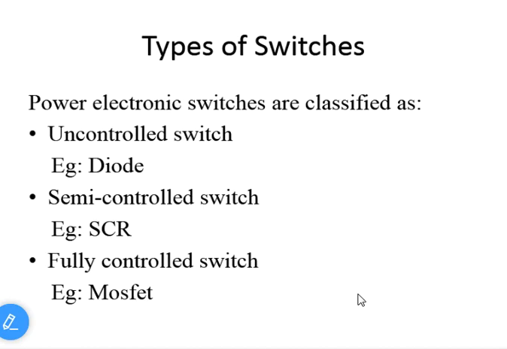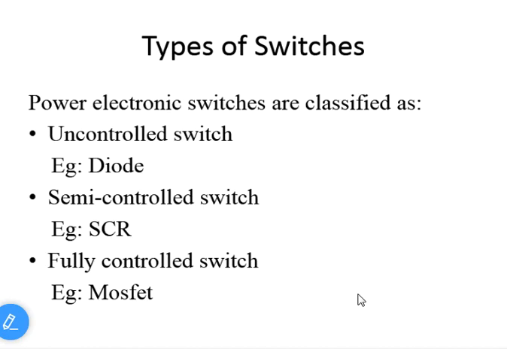If I give a forward voltage, meaning the anode is connected to the positive terminal of the battery and the cathode is connected to the negative terminal of the battery, the diode will turn on. Similarly, if you give a reverse voltage across the switch, nothing but the anode is connected to the negative terminal of the battery and the cathode is connected to the positive terminal of the battery, the diode will go to the off state. This means there is no control over on and off of the diode. As and when you give a forward voltage, it will turn on. As and when you give a negative voltage, it will turn off. That's why it is considered to be an uncontrolled switch.